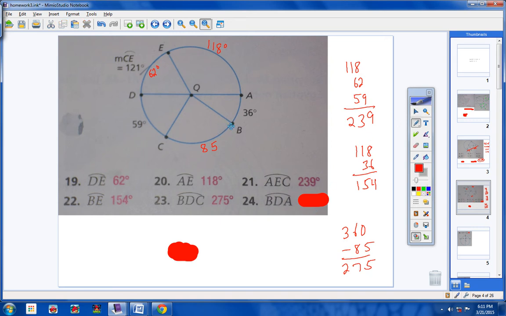And then lastly, arc BDA. So we start at B, we go to D, and then we go to A. So from B to D